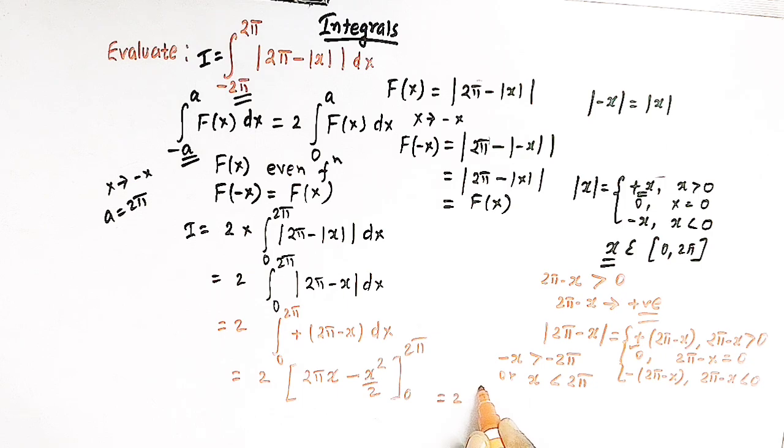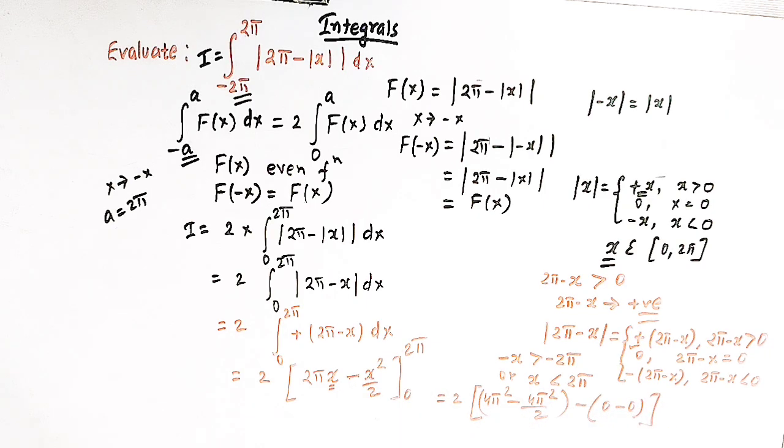So now we can simply substitute the limits and take the difference. So when we take x is equal to 2 pi, here we have 4 pi square, and then here we have 2 pi square, that is 4 pi square over 2. And when we take x is equal to 0, then both these terms reduce to 0, so we have 0